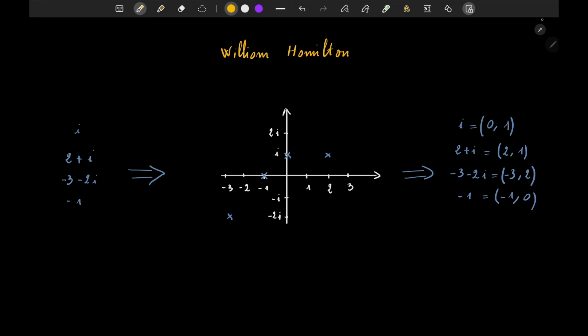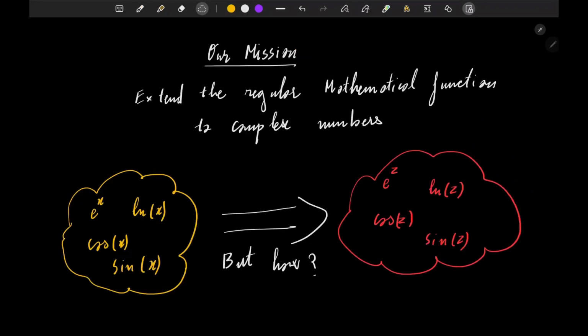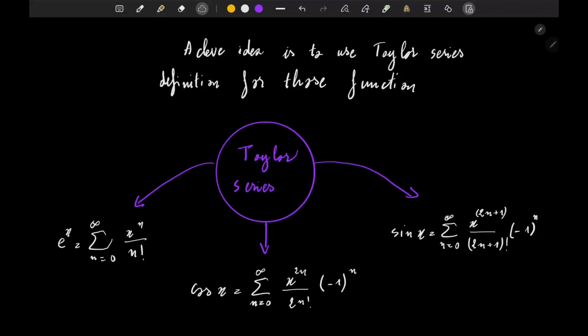So he thought that complex numbers are not special in their own, but in the way that we use them. Now that we are convinced of the importance of complex numbers, our next mission is to extend the regular mathematical functions to accept complex numbers. But how? Using the Taylor definition for those functions is a clever idea to extend the domain of those functions